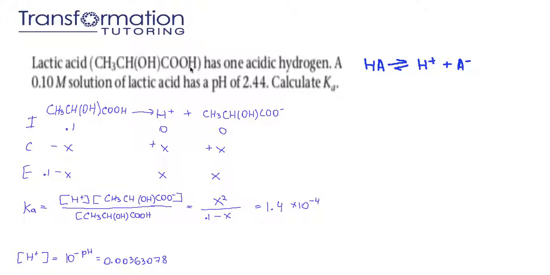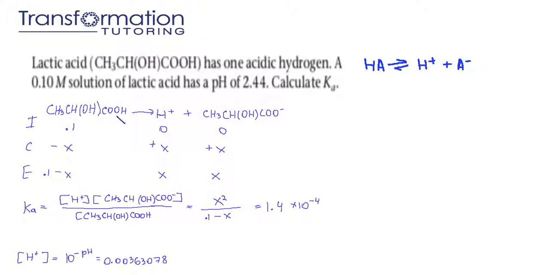If you know that your problem has a weak acid in it, then you will have to do the ICE chart, and we will look at how to do the ICE chart. Before we get to the ICE chart, we need to write the equation for the dissociation of the acid. I wrote the generic equation to the right. For the generic acid HA, it dissociates into H plus and A minus. So basically it gives off one proton or one hydrogen, and then we have its conjugate base left over as A minus. We can apply this equation to this acid, and so we write the equation